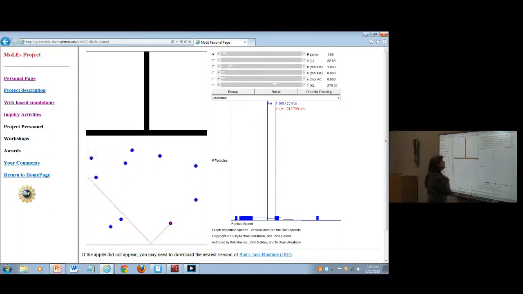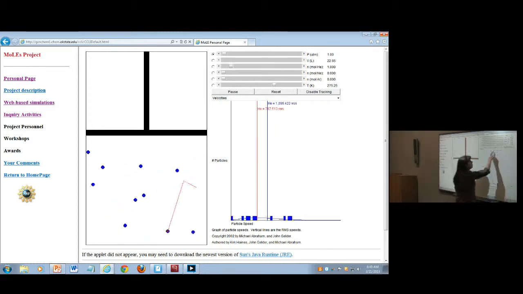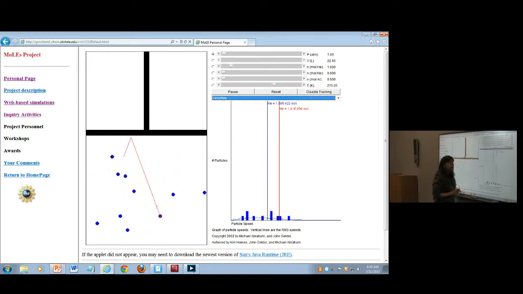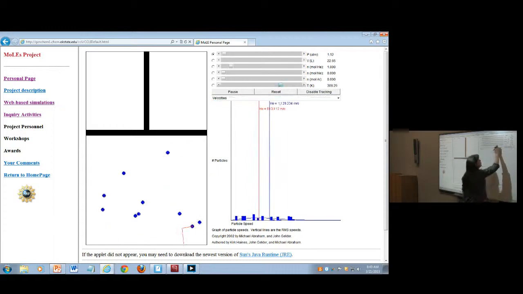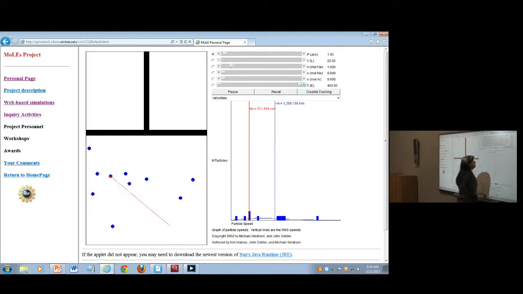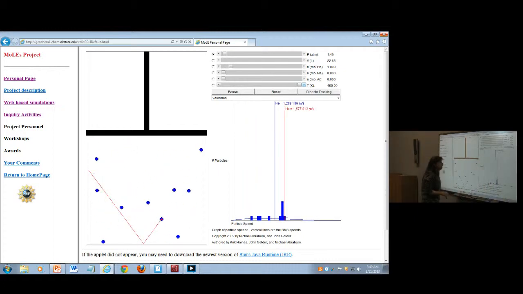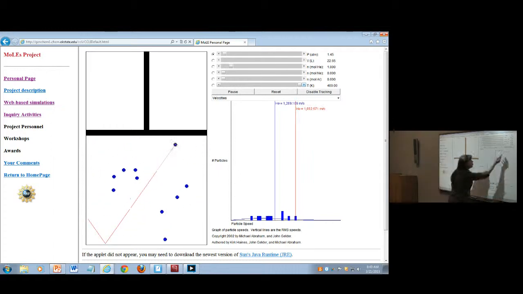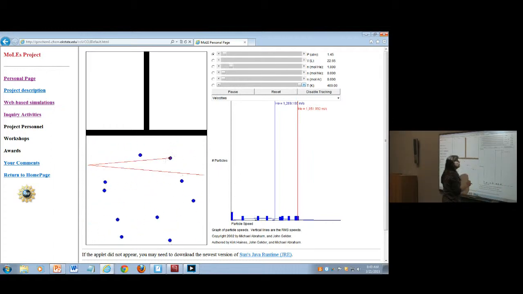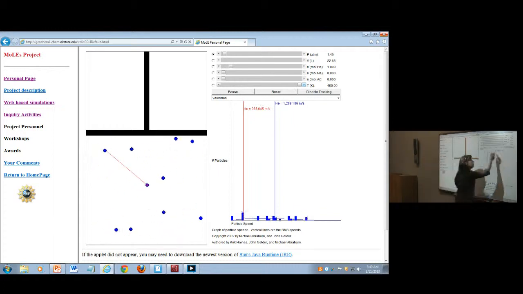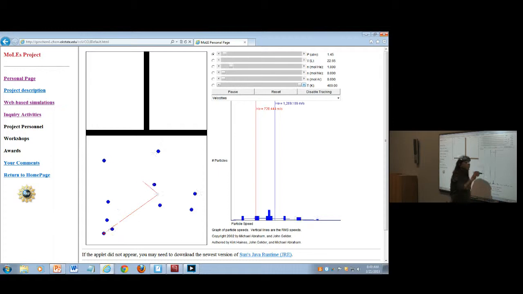But this time, I'm going to change the temperature. Notice right now, we have this blue line at 1,069 meters per second. I'm going to increase the temperature, and look what happened to the blue line. The average sped up. Now it's almost 1,290 meters per second. That one helium molecule that we were tracking, sometimes it goes really fast, as this one is, and sometimes we'll find that it gets really, really slow. Oh, there it is, a lot slower. But the average didn't change. The average did change when I changed the temperature.